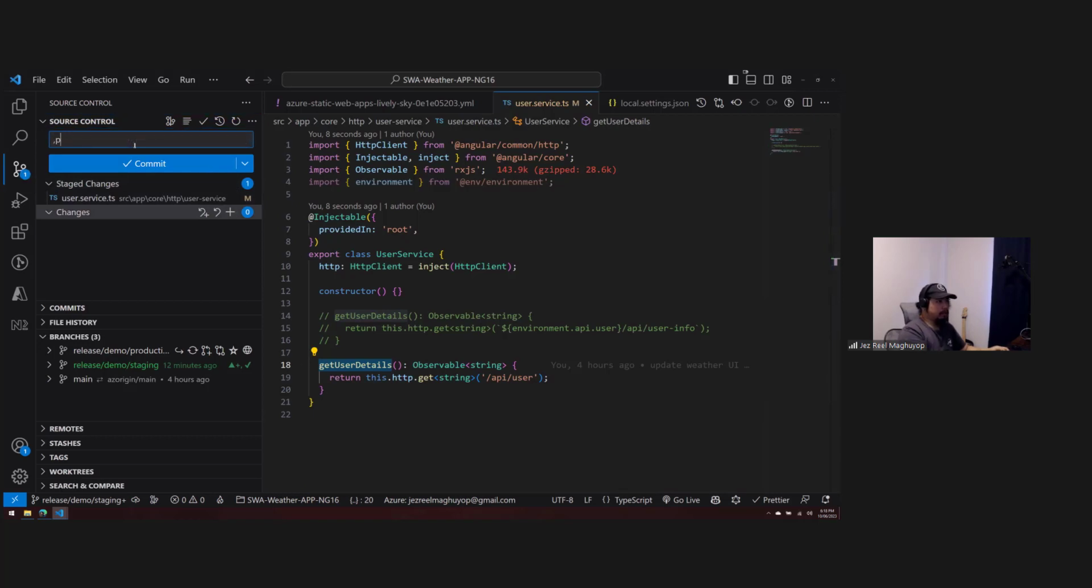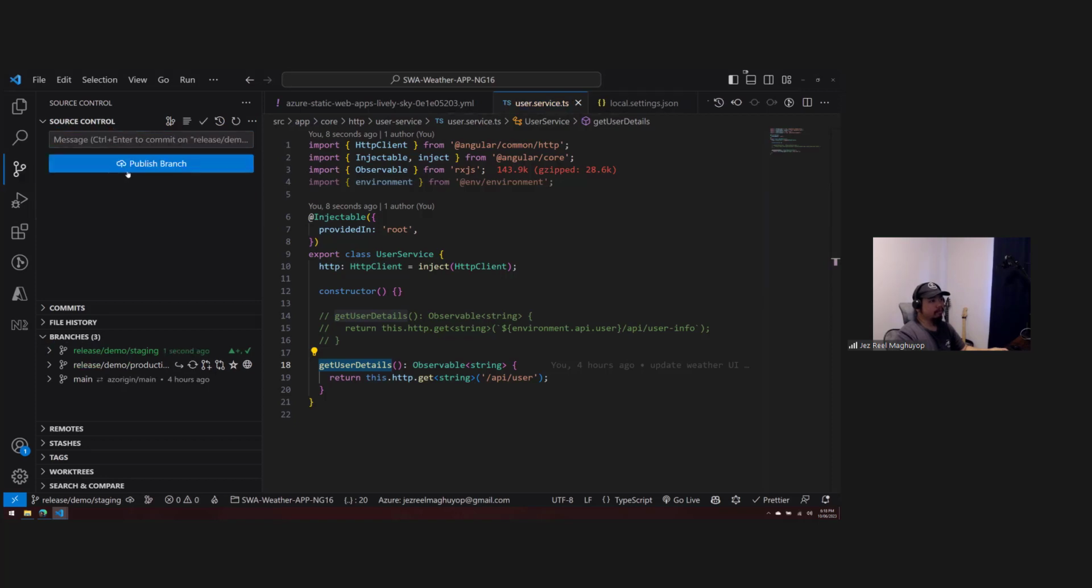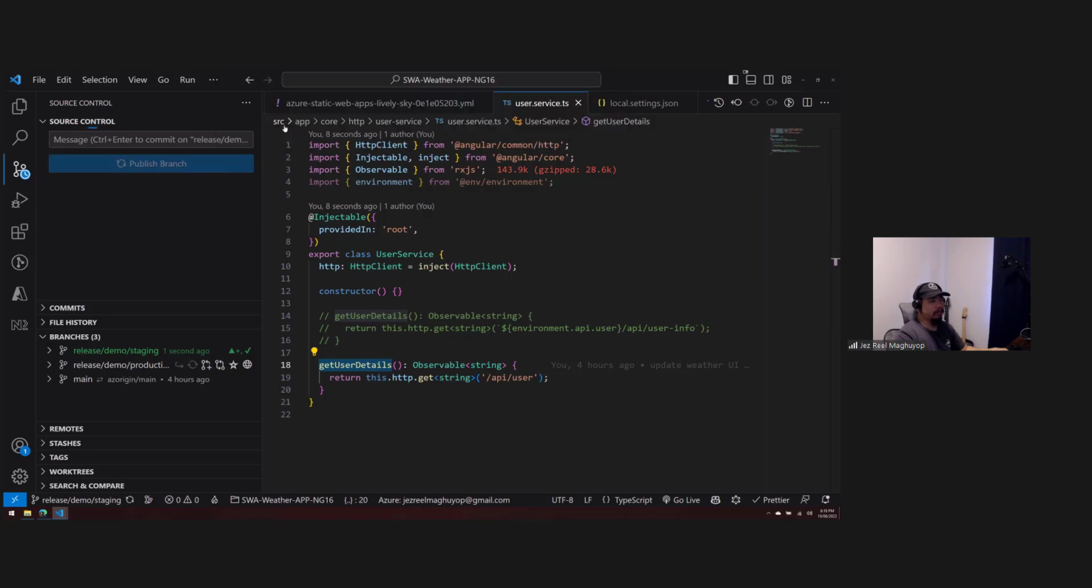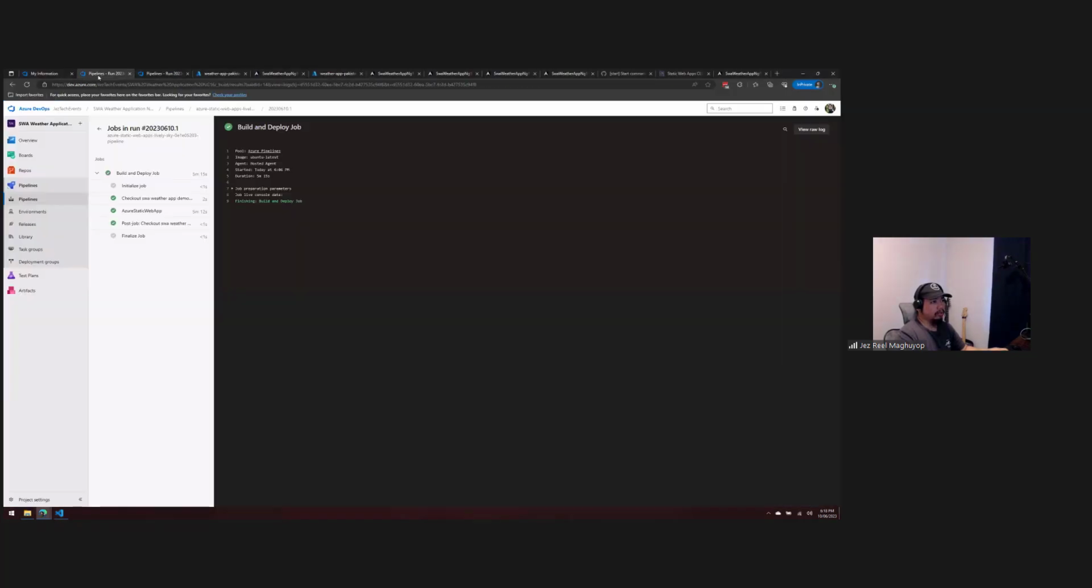So I just modify the user details endpoint. I'm gonna publish this branch to AZ origin. Then we go back to Azure DevOps, go to pull request,